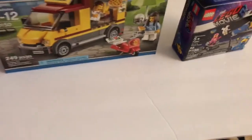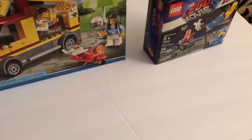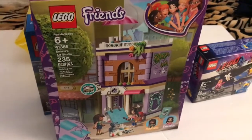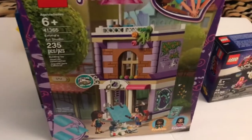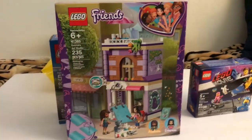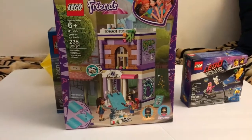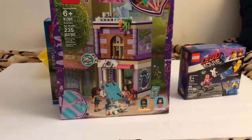So yeah. And then, last but not least, because I got 3 sets, I got the Lego Friends 41365 Emma's Art Studio. Because I figured, since I wasn't getting the Lego store set, I should make up for it by getting like a small building, which at the time I was only hoping to spend like $50, but this would have pushed me over that, and it did. So my total ended up being $56,